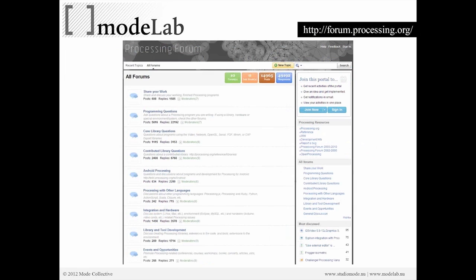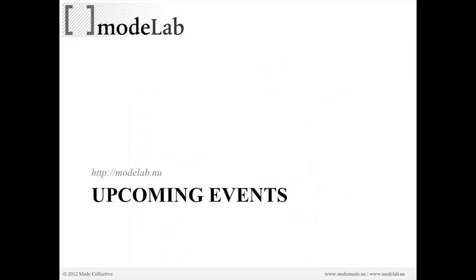And there's also a really great forum that's very active and full of a lot of great programmers and designers. That's at forum.processing.org. So you can share your work, you can find out more about how you can extend your Processing knowledge into the Android environment or JavaScript for HTML, etc. It's a really great reference.